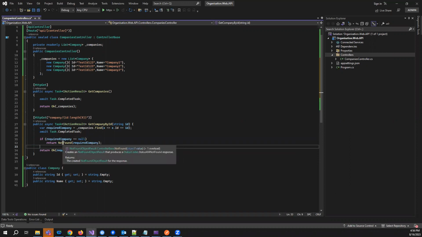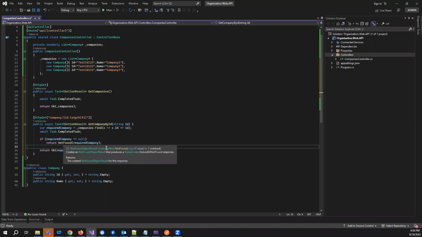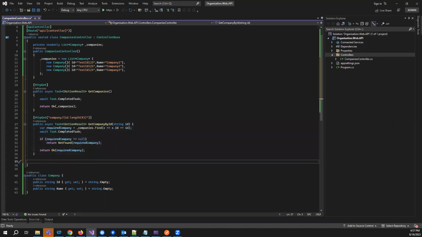Okay, so this is another action method, like a response method like OK, which you can return. NotFound will return an HTTP status of not found. And if it is not null, then it will return this. Okay. Now the next one which we can